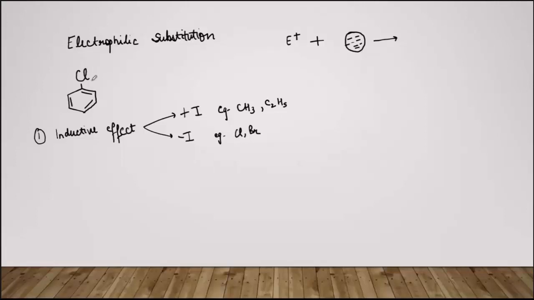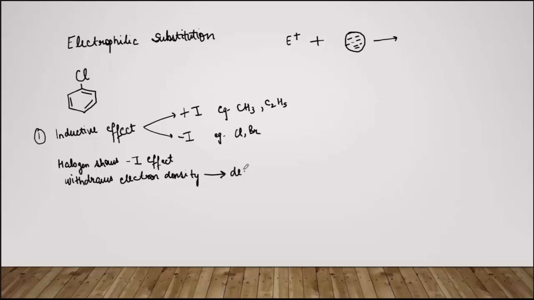ठीक है, so this is one inductive effect. So I am just writing the main thing over here. Halogen shows -I effect, that is, withdraws electron density. ठीक है, और इस withdrawal की वजह से result क्या होता है कि जो ring होती है वो